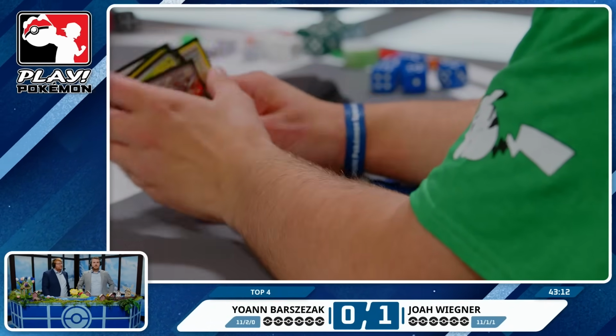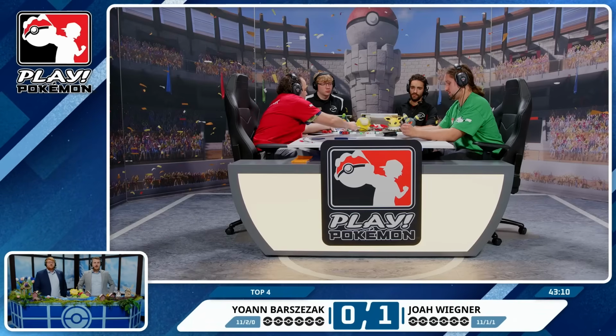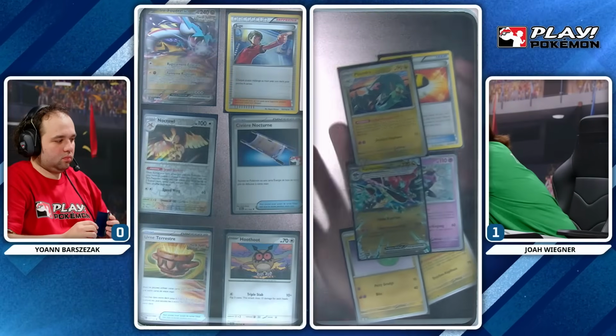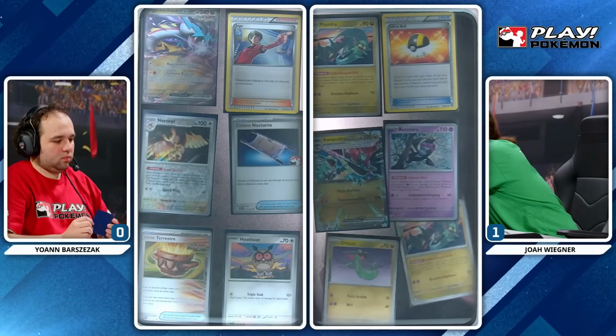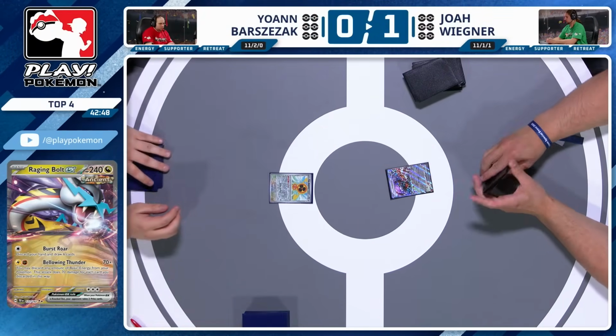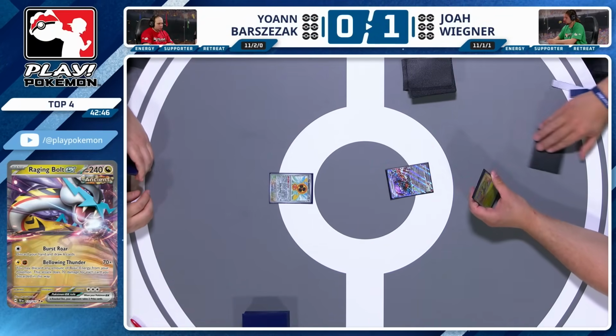Exactly, and a lot of information gained for Yoann, finding out all the little tricks that Joah's got in that toolbox of crazy Pokemon that we saw all on the board at the end there. So 1-0 going into our second game of the top 4. You know, Joah is very much an incredible player. We've seen it, a young player here, recently aged up a few years ago, playing against our Seville champion Yoann,